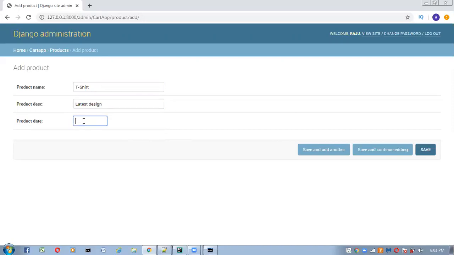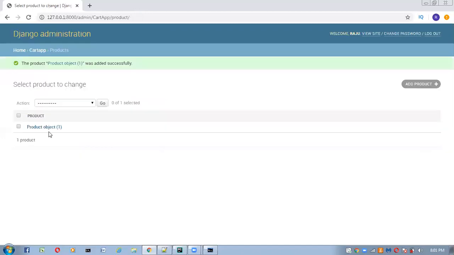Product date: here I am giving the date as 2020-05-12, like this. Just click on save. So here we get the product data like this. One product got created.